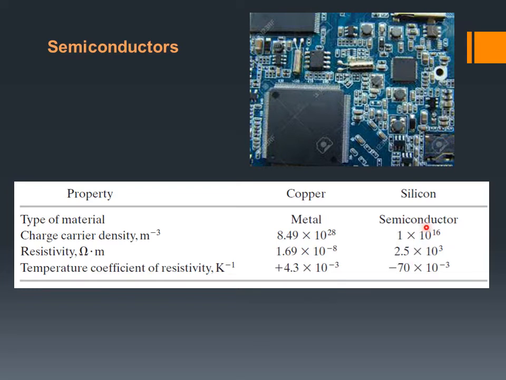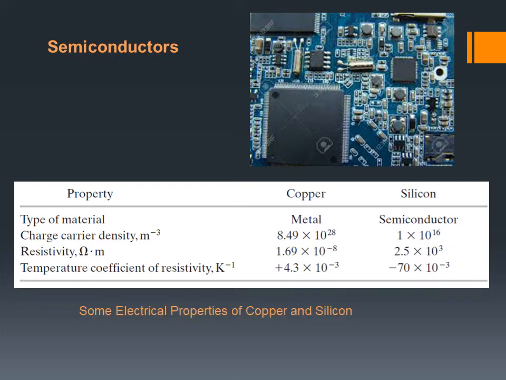But you will be wondering that if the resistivity is greater here, charge carrier density is less here, and the temperature coefficient of resistivity is also less here, it is minus 70, then why are semiconductors mostly used in these microelectronic chips while the conductors are not? Okay,